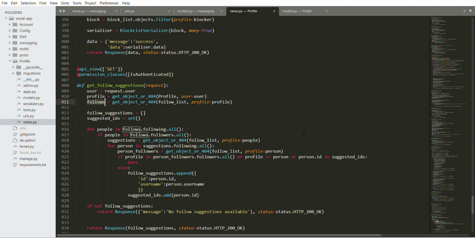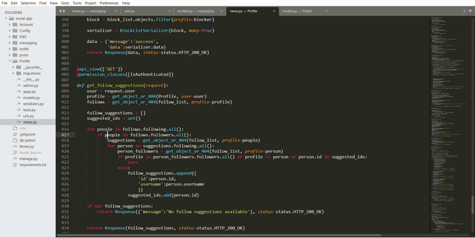If I am following you and you are following me, my suggestions are going to be based off of the people that you follow. So suggestion is going to be get object of follow list where profile equals person. That is you, the particular person, user B, like I was using in that initial explanation.